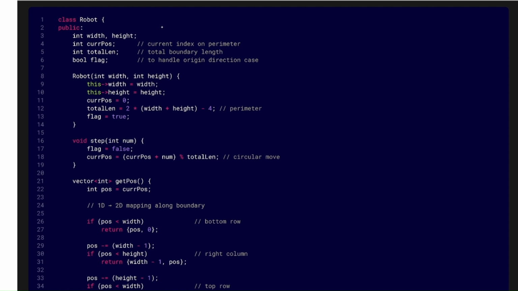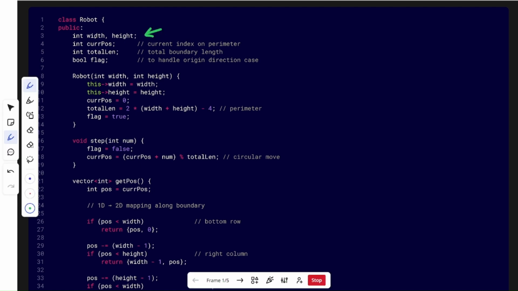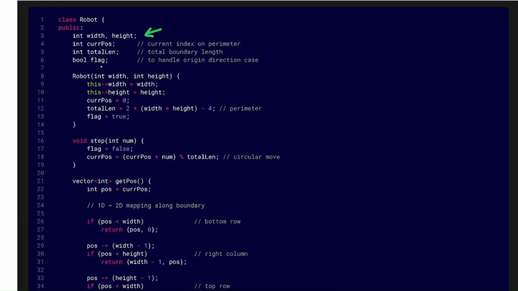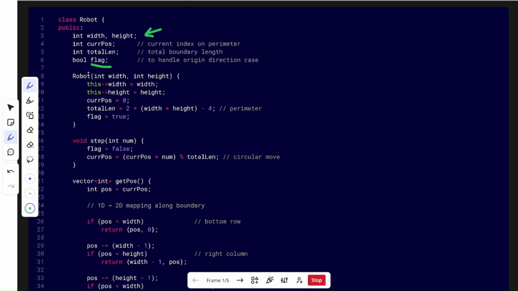For this we are initializing global variables width and height and current position, which is the index in the 1D array, and total length. And we have a flag variable. I will tell you why.